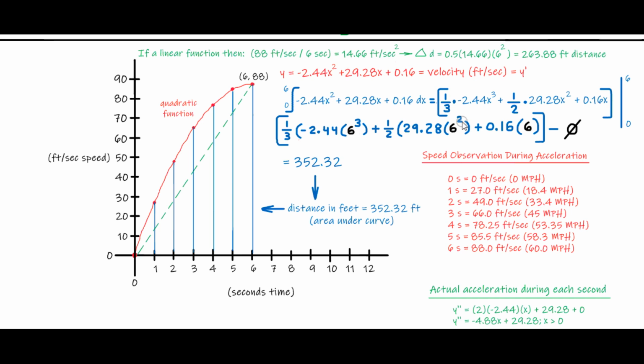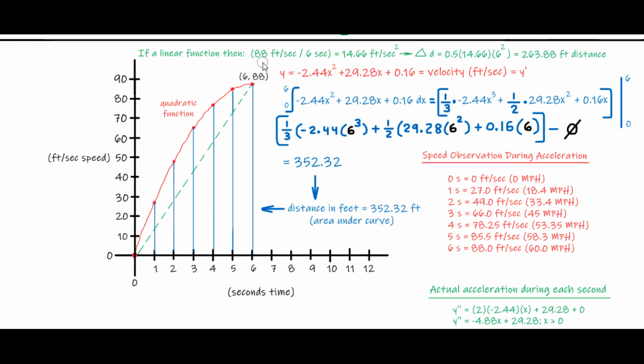When we substitute the 6 for x, and then subtract what we get from substituting 0, if we put 0 into all of these, it comes out to 0. So the actual distance will be this expression here, and it comes to 352.32 feet distance during this given acceleration, because now we're accounting for the nonlinear distance attained, as well as the